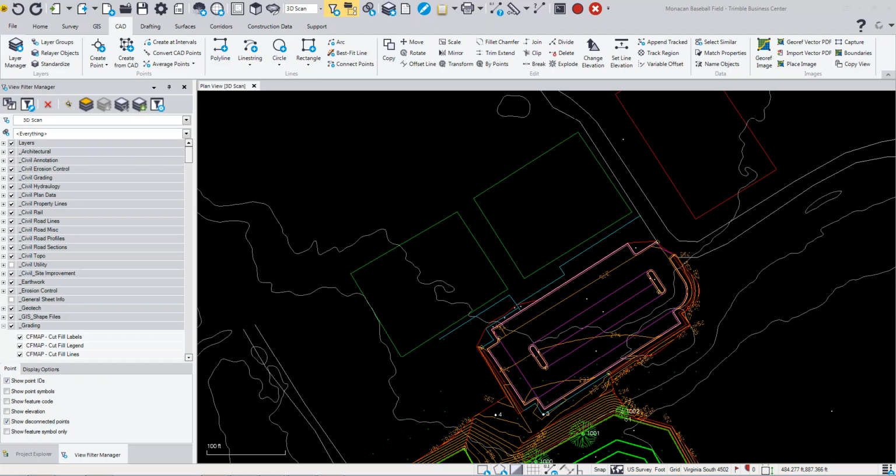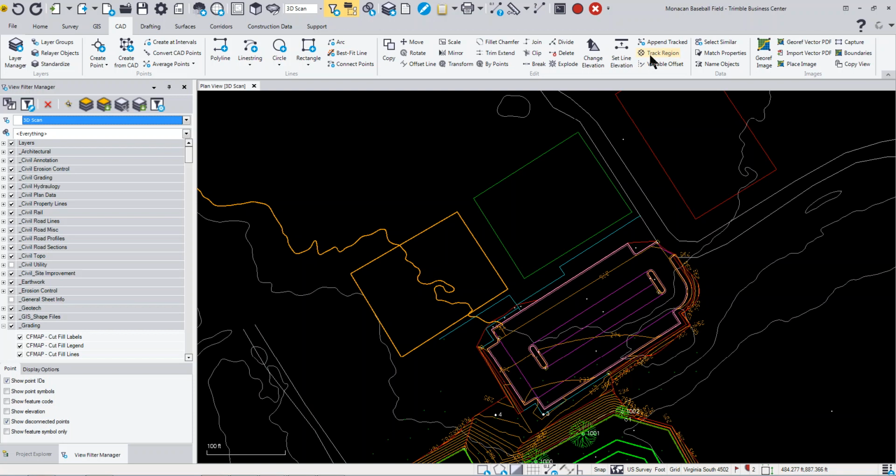The track region outline command will create a 2D or 3D line string representing the 2D outline of a region from a set of separate, potentially unconnected lines and/or surface and site improvement edges. So basically, if I've got two lines here, I can select both of those lines and I can do the